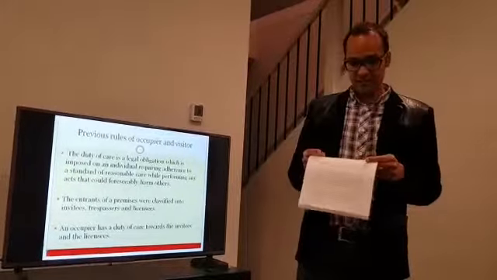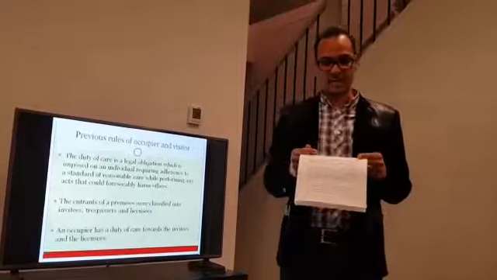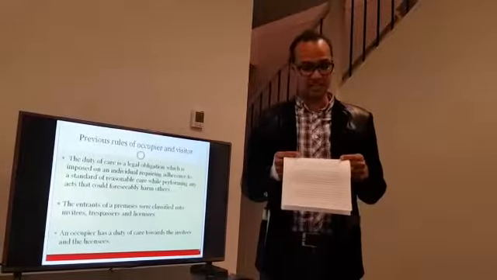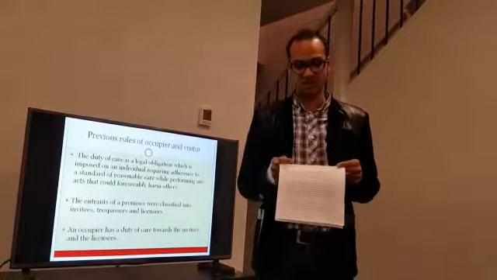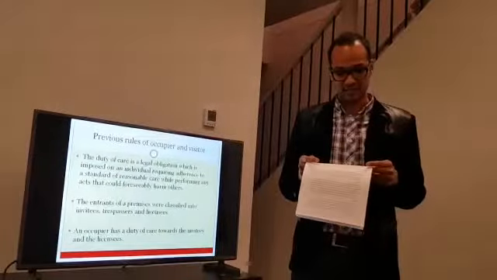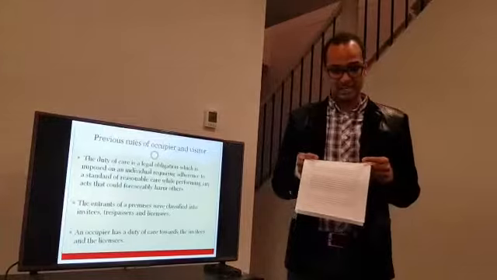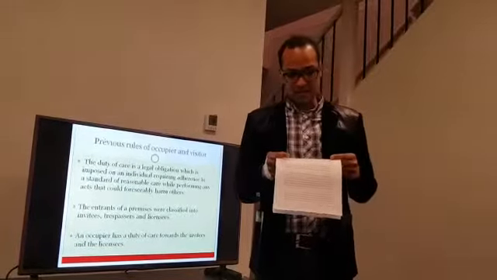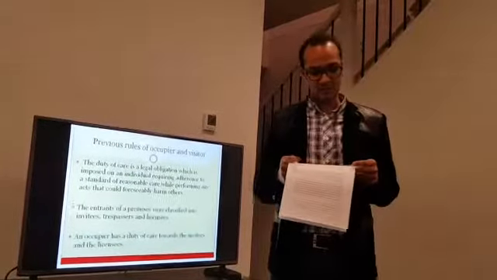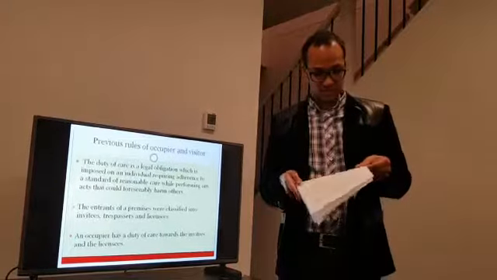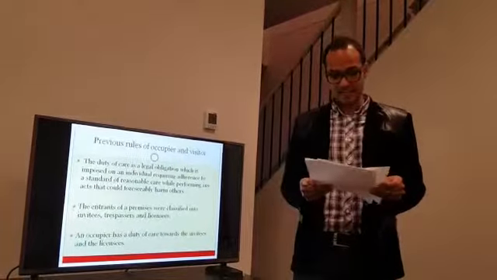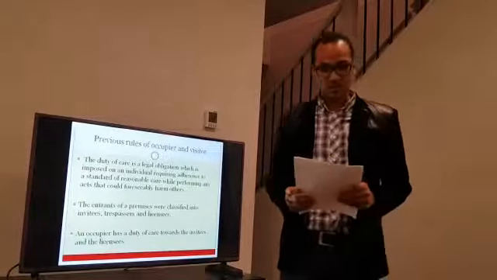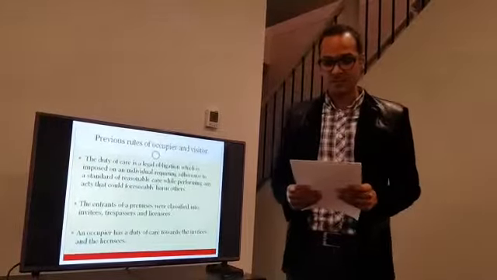Prior to this case, the rule for occupier and visitor established by Australian law classified the entrants of any premises into one of three categories: invitees, trespassers and licensees. Trespassers are the people to whom permission is not given and who adversely enter the property. Licensees and invitees are the people who have permission to enter the property.